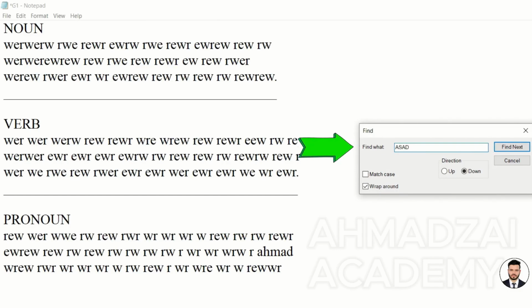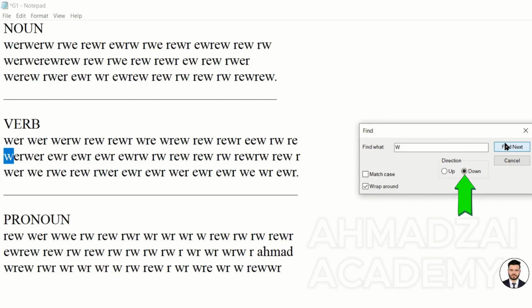For now, we don't have any properly written words here. I've just written a letter. I say, find the W. Then we click on something called find next. Find next means it finds the next instance. I say find next, meaning show me the next W. It finds and shows the next W, and then the next W after that. If I select up, it means go from bottom to top, searching. But if we select down, it means come from top to bottom, searching.